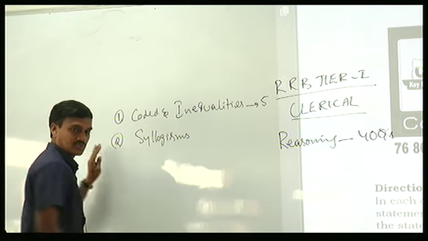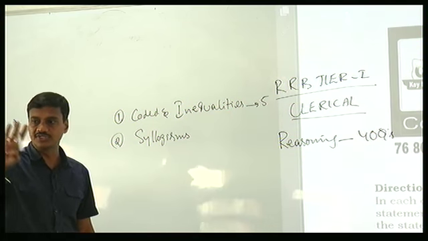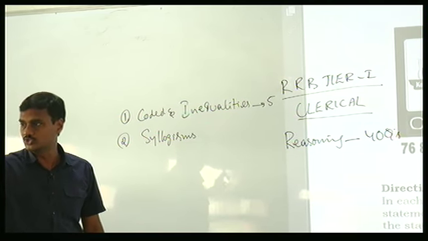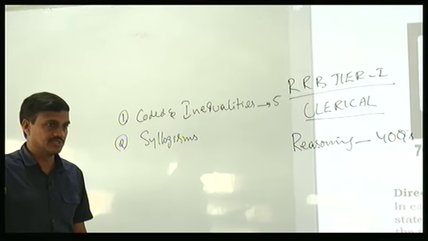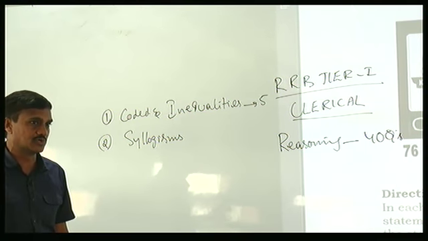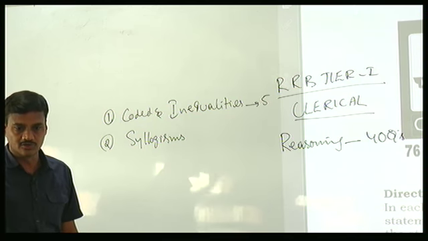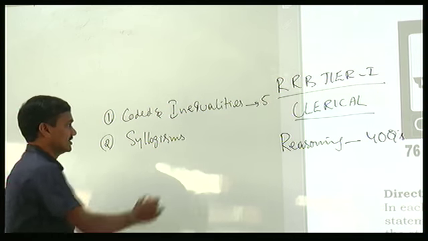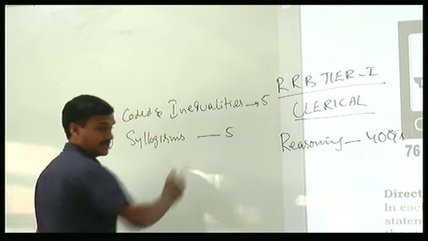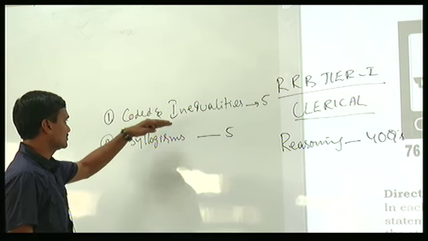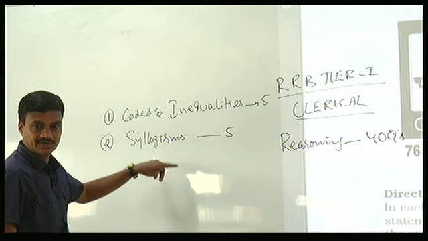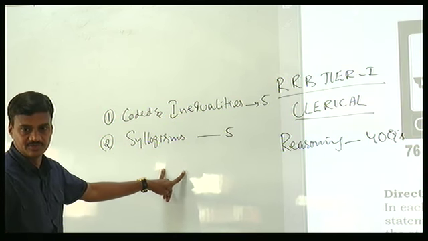In syllogisms also, only 2 or 3 statements were given followed by 2 conclusions, and possibilities were not there. Direct, definite conclusions were given. This should be your next priority. First solve inequalities, next syllogisms, and the next one,